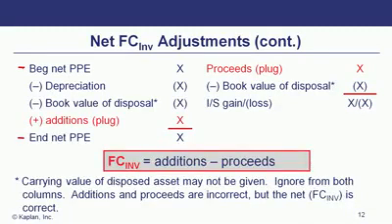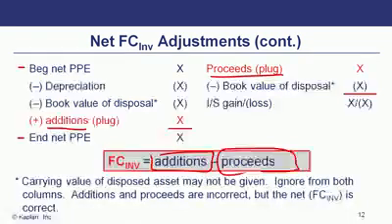And what we're looking for is any additions where someone had bought a particular fixed asset, or if they had sold a particular asset, which is essentially cash coming in. Right? So I'm looking for additions and proceeds. These are the two answers I'm actually looking for. I subtract those two from each other, and I get my fixed capital investment.